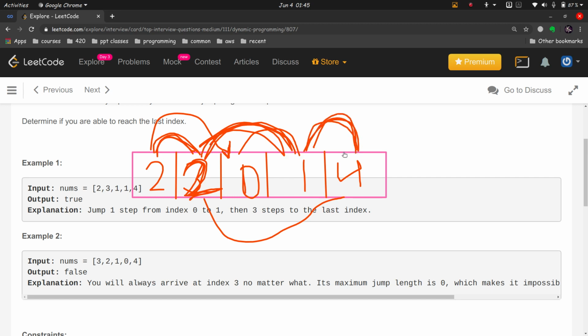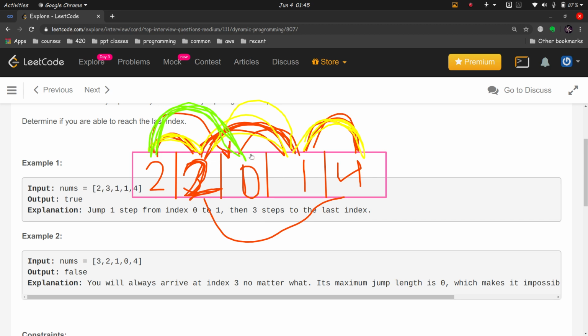So in 3 steps, this yellow path will take us to our destination. So that way we can reach the end. But if we try to move the longest distance, that is jump the max distance of 2 from the starting point, then we'll be stuck at a 0 and we'll never reach the end.